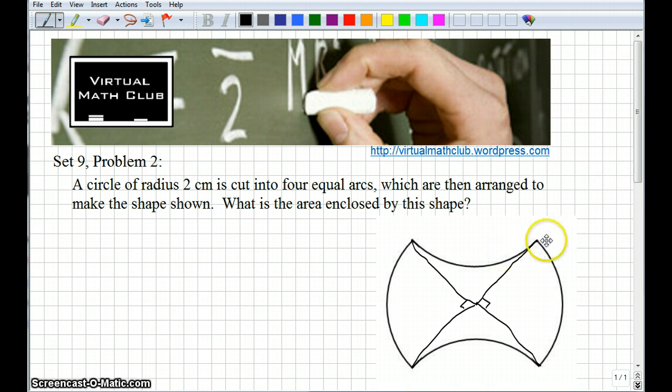So anyway, what I would suggest is to possibly slice this into some pieces and try to rearrange it into a different shape. Okay, so probably the easiest thing to do, which is what I did when I solved this problem, was to slice off, I'm going to draw a dotted line here, slice off these arcs on the edges. Okay, and because we know that all these arc lengths are all the same, you know that if you were to take this piece of this shape and slice it off at the dotted line